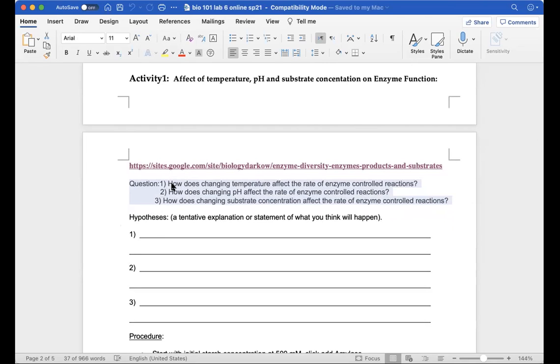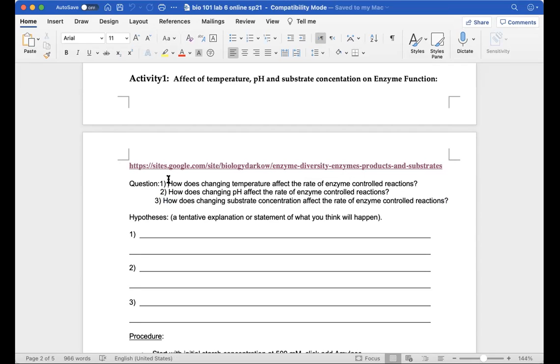So number 1, how does changing temperature affect the rate of enzymes? Number 2, how does changing pH affect the rate of enzymes? And how does changing substrate concentration affect the rate of enzymes? I think we've covered this in lecture, but these are the 3 main physical properties that will affect the rate of enzymes. I'm not going to tell you, but a hint is, for temperature, do you think raising the temperature